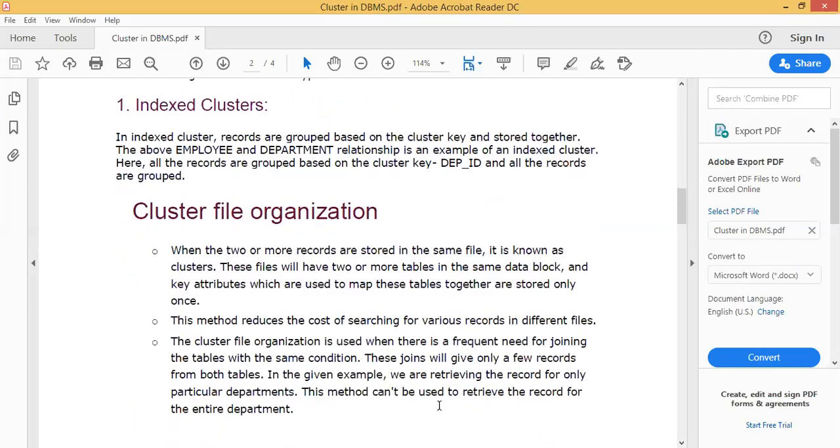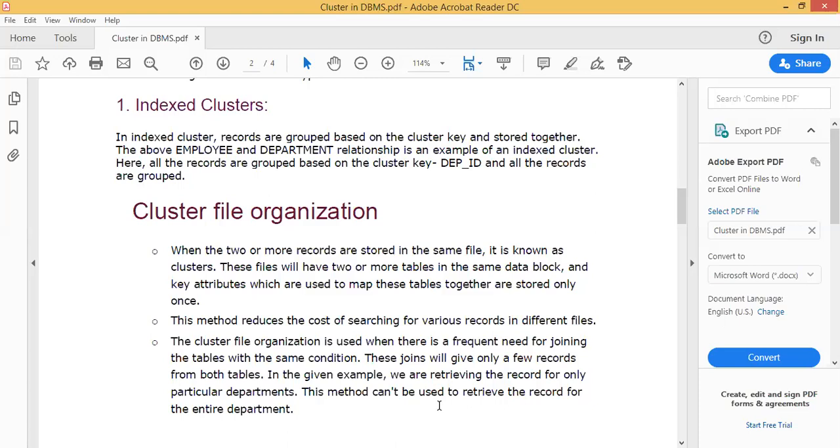In case of cluster file organization, two or more records are stored in the same file. It is also known as a cluster, and these files will have two or more tables in the same data block, and key attributes which are used to map these tables together are stored only once, and this method reduces the cost of searching for various records in different files.